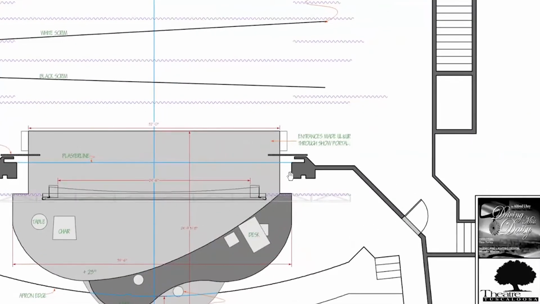Okay, here we go. These really dark lines here are representing these big, thick walls. These are the actual theater walls. And when we're looking at ground plans,